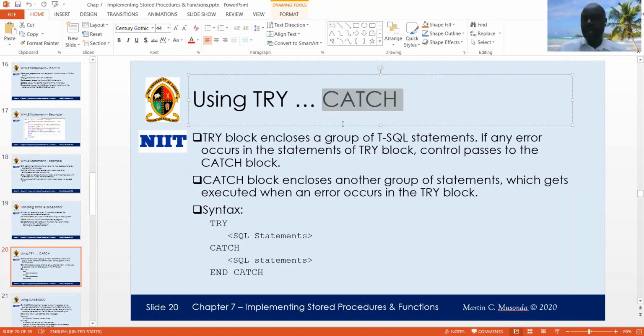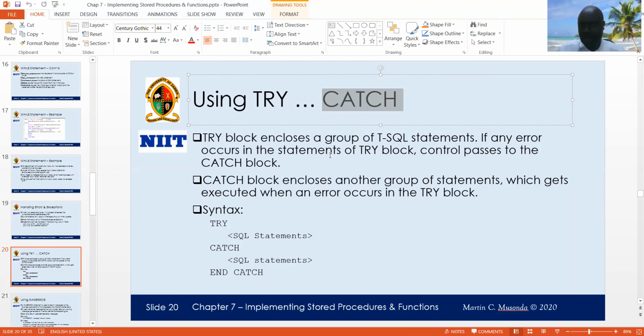The idea is it should not freeze or give some error message. Most of the error messages which are given in SQL Server are meant for people like you and me. So an ordinary user will not understand some of the error messages which are produced, and you don't want them